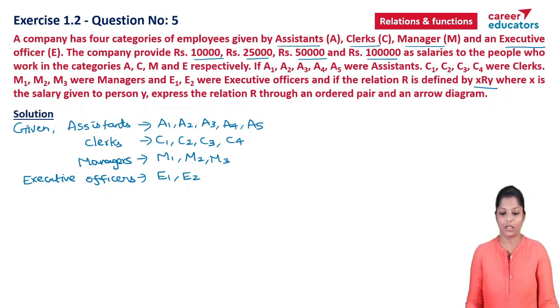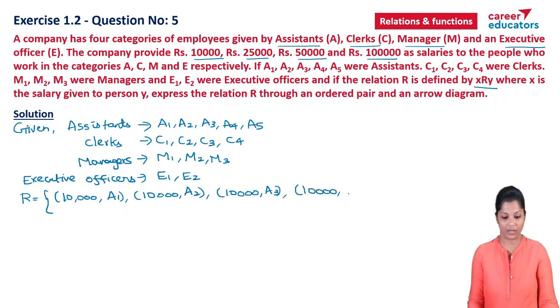In the question, relation R is defined by xRy, which means we have to relate the salary and employees. Therefore, R equal to {(10,000, A1), (10,000, A2), (10,000, A3), (10,000, A4), (10,000, A5),